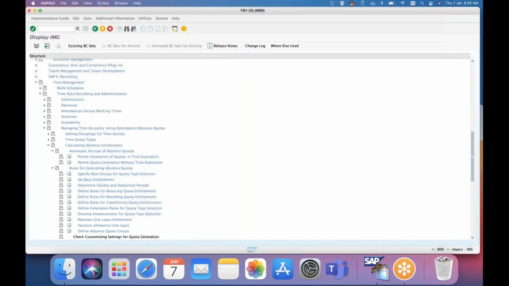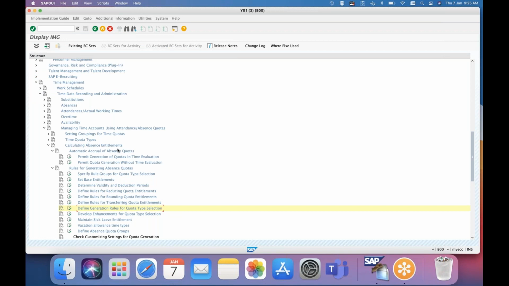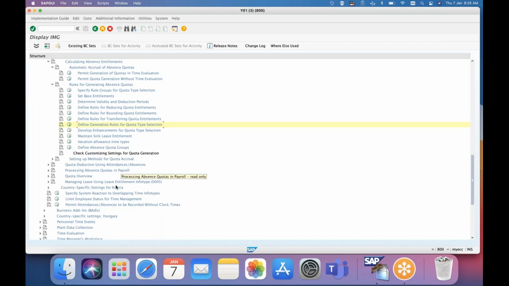The other part is the time evaluation grouping. When you activate time evaluation, we have to make sure that we give the time evaluation grouping in the time evaluation over here.